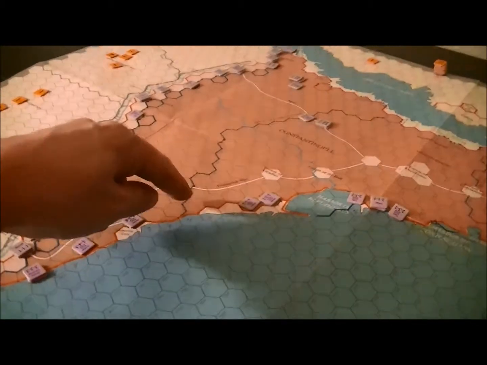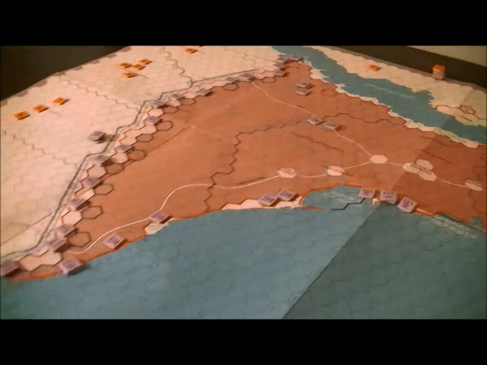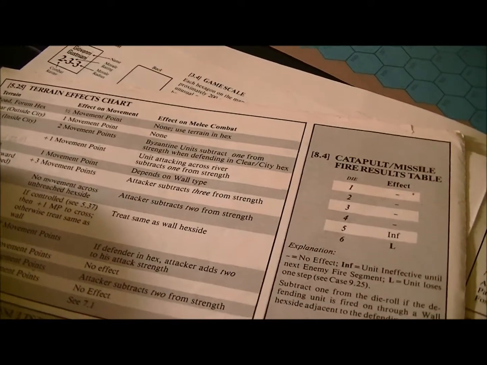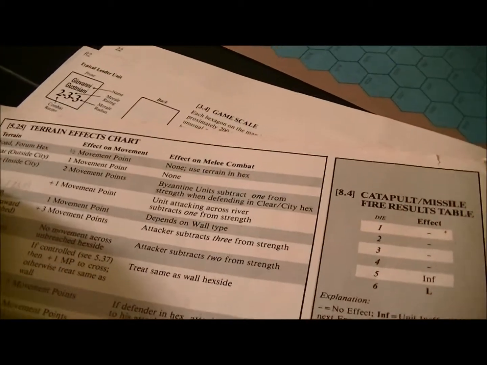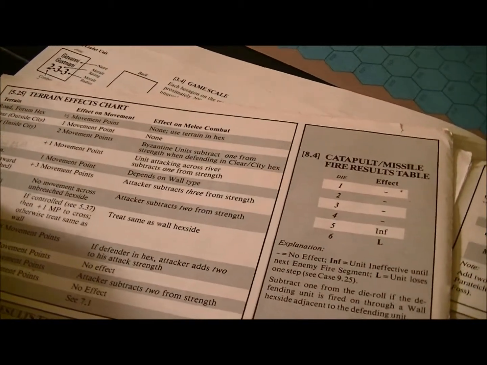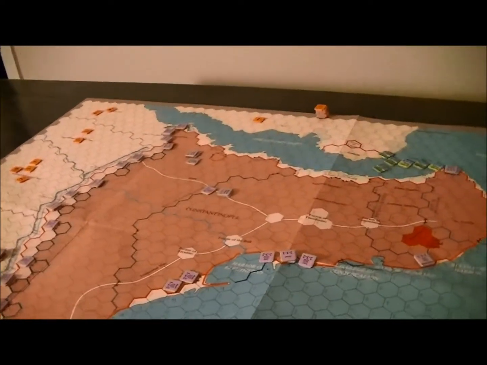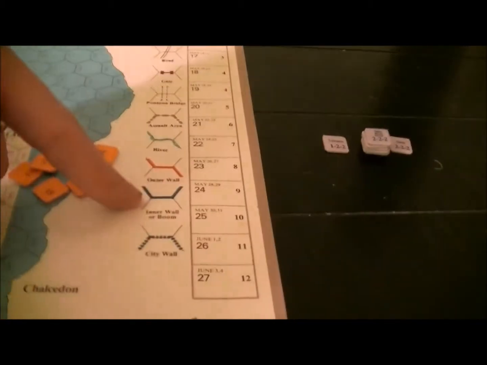These interior city walls are minor hindrances that are listed here somewhere. I don't see them. Here's the effect of a breached wall, the same as a river. +1 strength, -1 to attack across. Inner walls are the same as towers. You can't go across an unbreached hex side and it's 2 off the strength. That's not inner. Inner is this blue stuff, isn't it? Jesus. That's the inner wall. City walls...